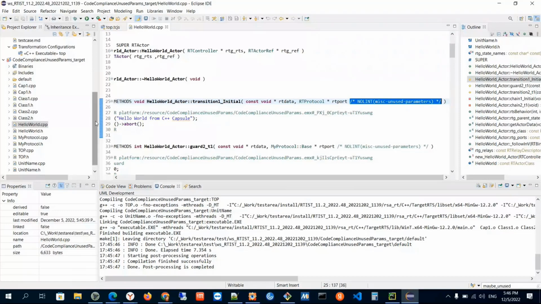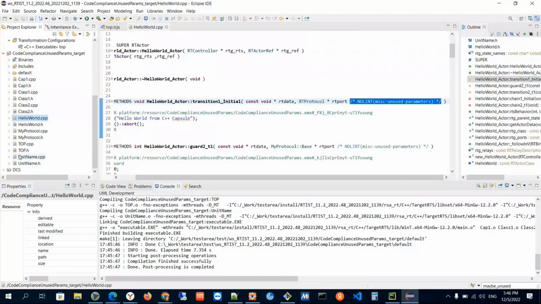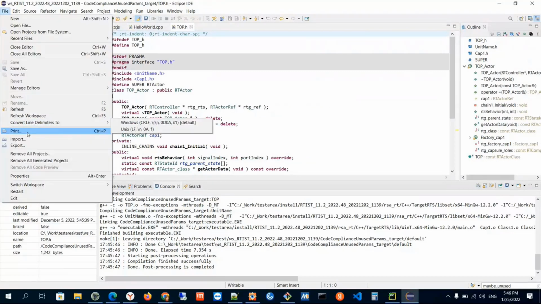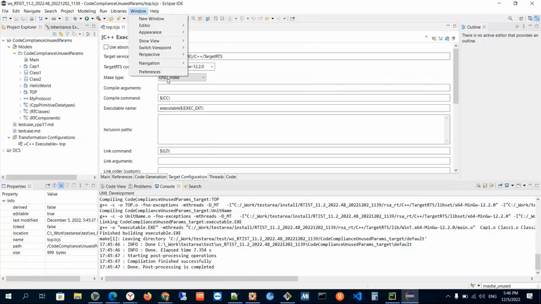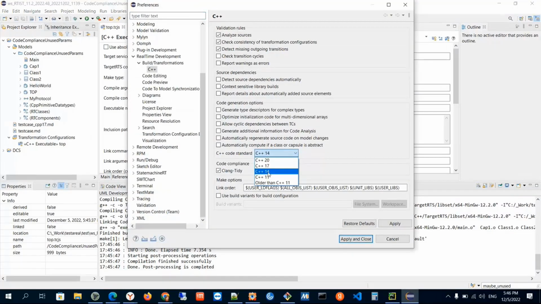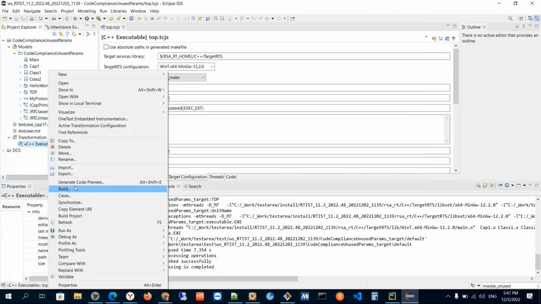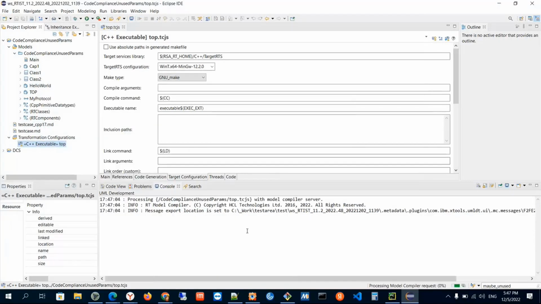We have such an example here. I will clean this again, and now I will generate again with maybe unused. So I have to put C++17 or higher. C++20 will also be fine. Now I will generate the code again, and